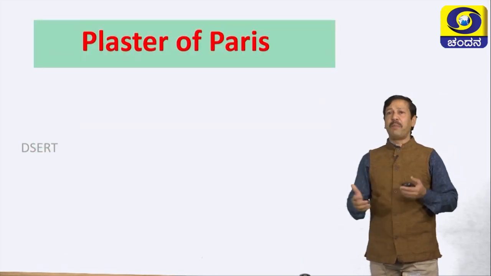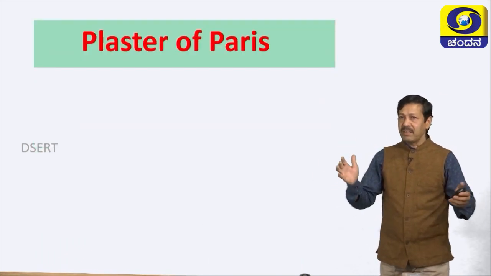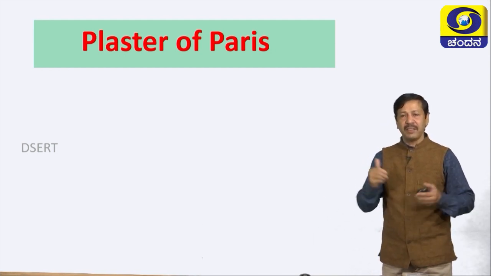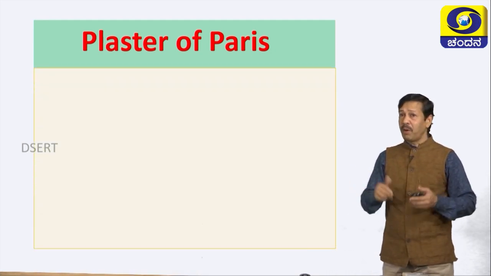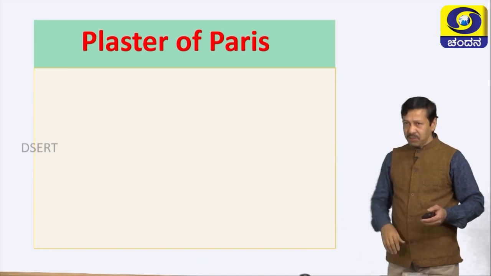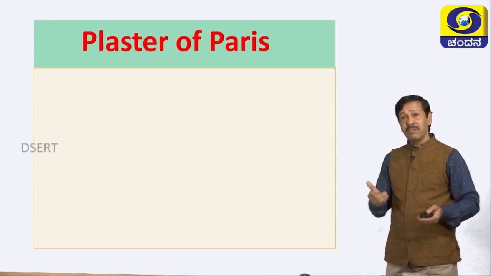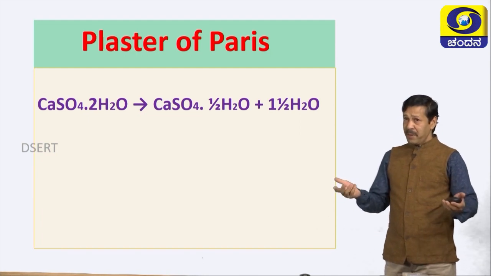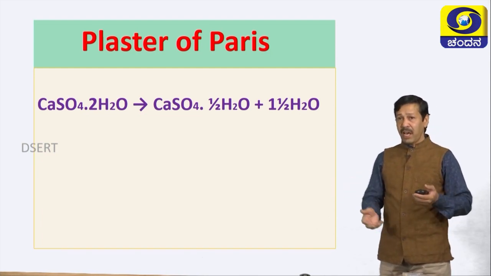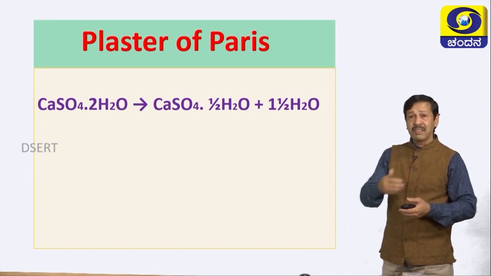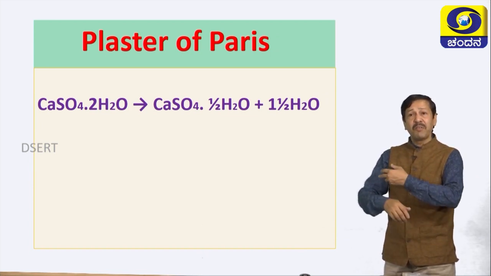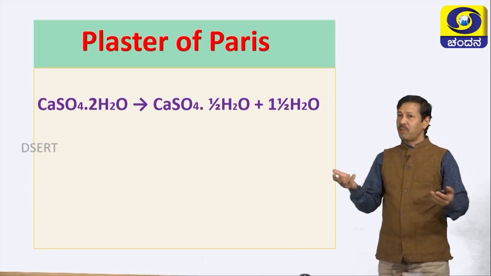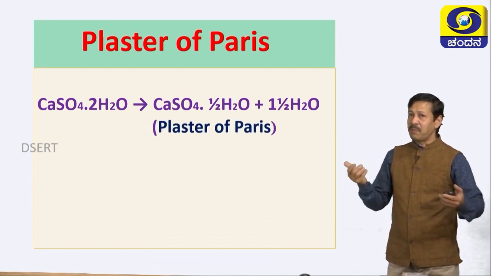Now the plaster of Paris, POP. You have seen many toys on the roadside, what are they made of? And also Ganesha statues during Ganesha festivals. These are produced from plaster of Paris only. You have also seen people wearing bandages, cement, for their broken bone. For bone setting we use this plaster of Paris.